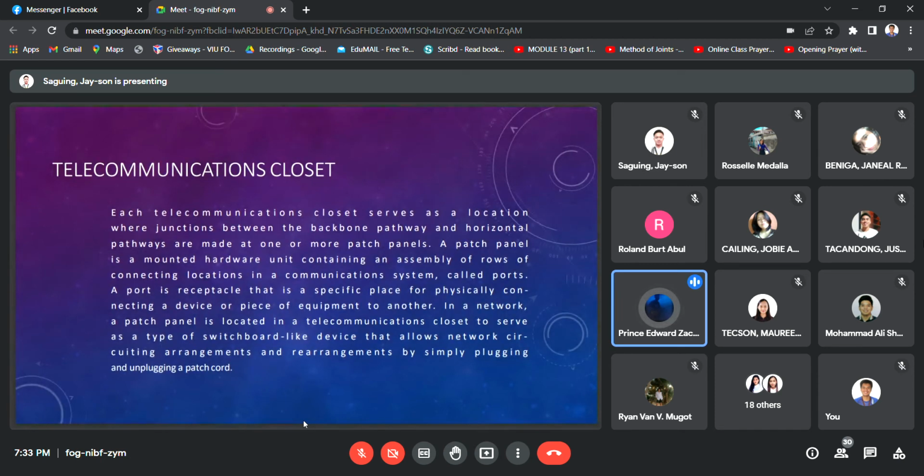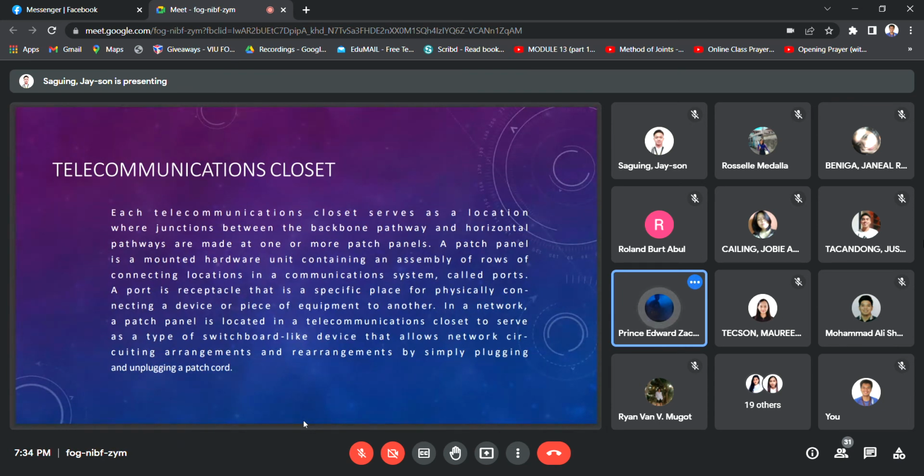So each telecommunication closet serves as a location where junctions between the backbone pathway and horizontal pathways are made at one or more patch panels. So a patch panel is a mounted hardware unit containing an assembly of rows of connecting locations in a communication system